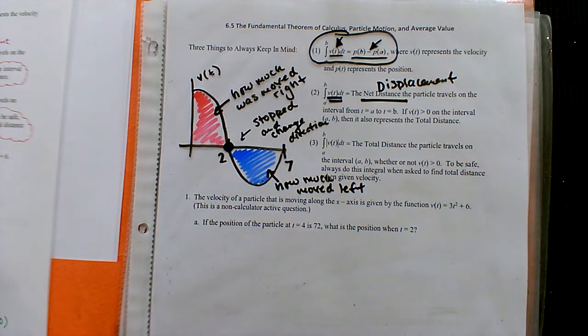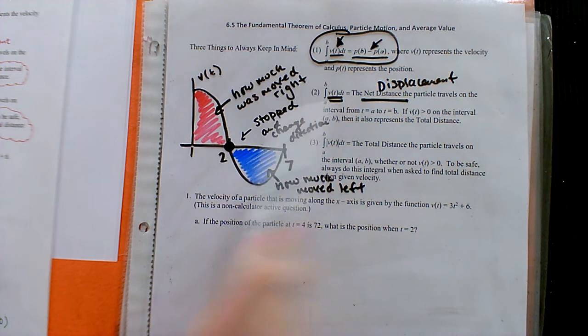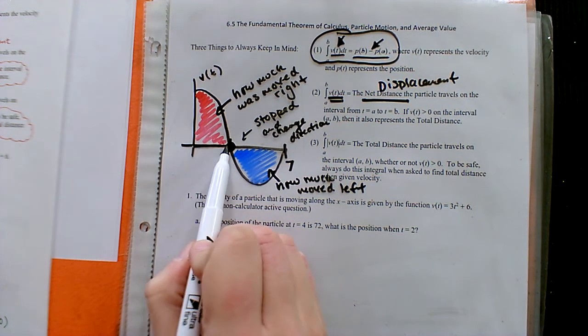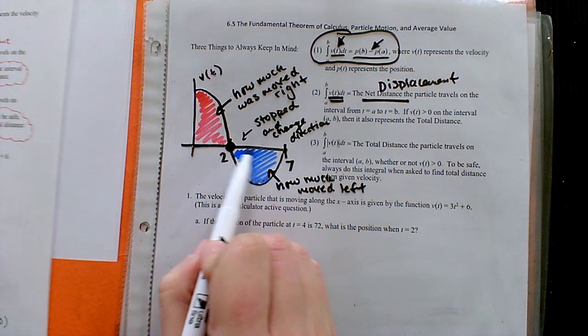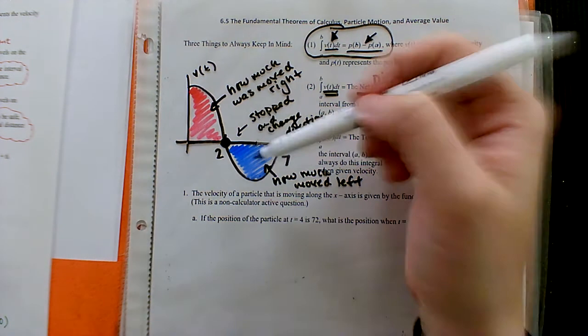All right, so if I wanted to figure out how far a particle moved on the interval from 0 to 5, okay, I can just simply integrate, look at the area under the curve. But what if I wanted the total distance? I have some area moved right, some area or amount moved left. How would you get total? What do you think, Griffin? Go ahead. Wouldn't you just add them instead of making the bottom negative, you take the absolute value and